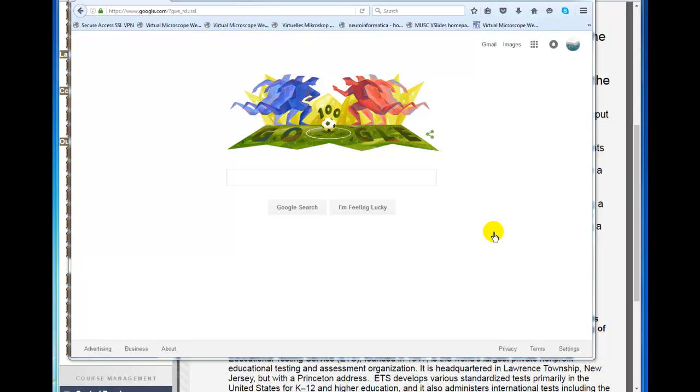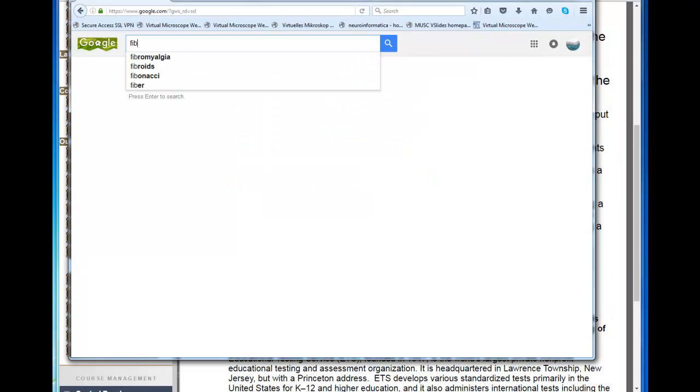Okay, I've just got a Google search window up here, and in the first module, you're studying epithelium, connective tissue, adipose tissue. You're learning 8 different types of epithelial tissue. You're learning 3 basic types of connective tissue and adipose tissue. And so one of the cells you're learning about are fibroblasts. So if I type in